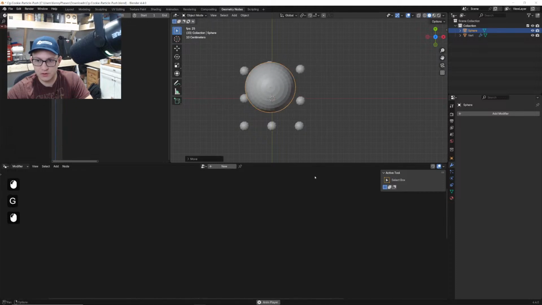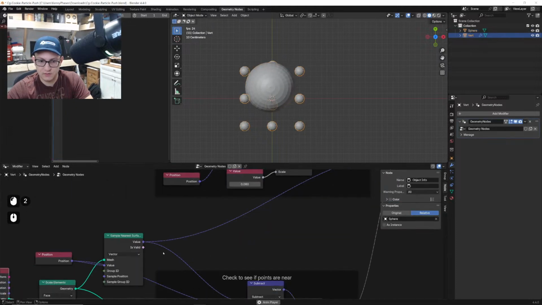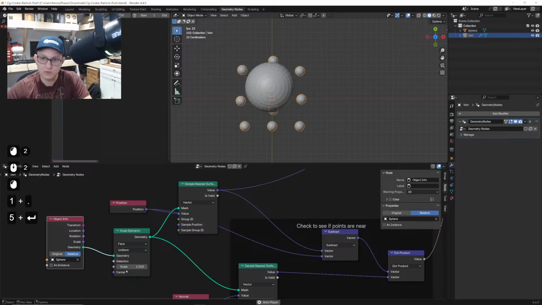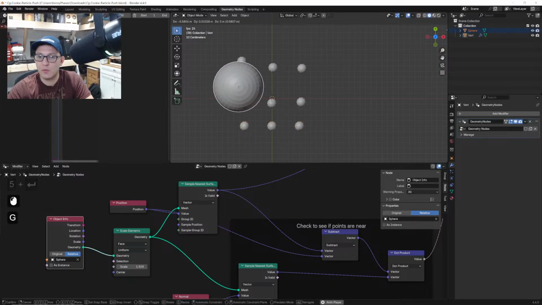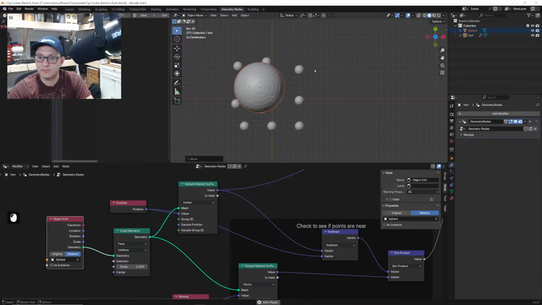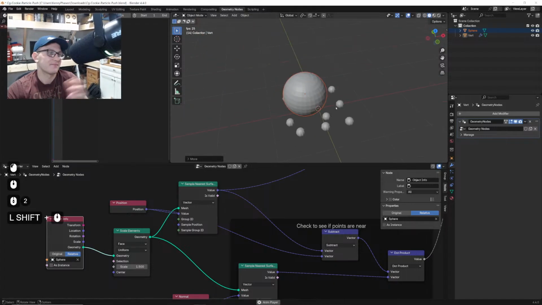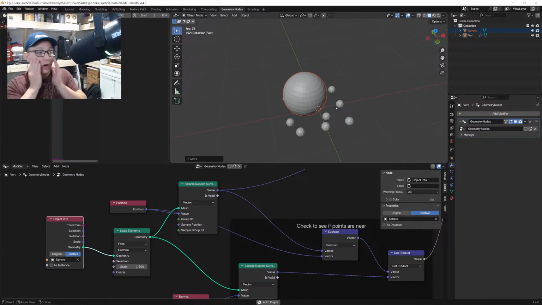Well, it does work. Here, let me increase this. All right, I mean, you can see that it works. I don't know why it's not working as well as the other time. Oh my god, I see why it's not working. I cannot believe this. All right, so this is actually a really good point, because the reason